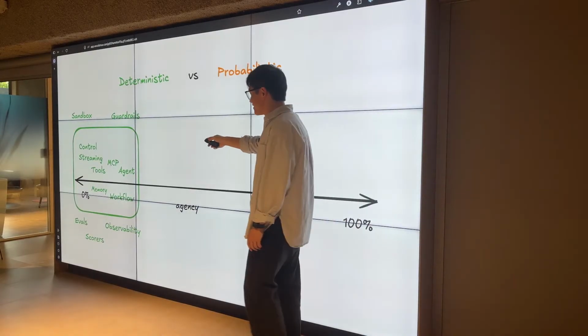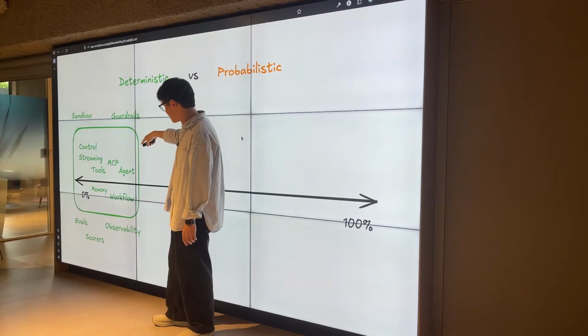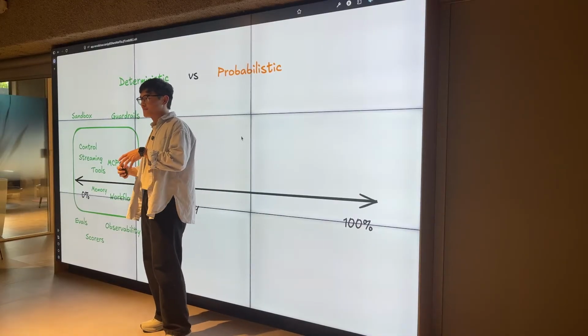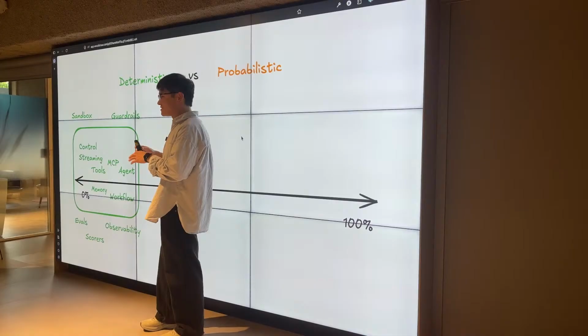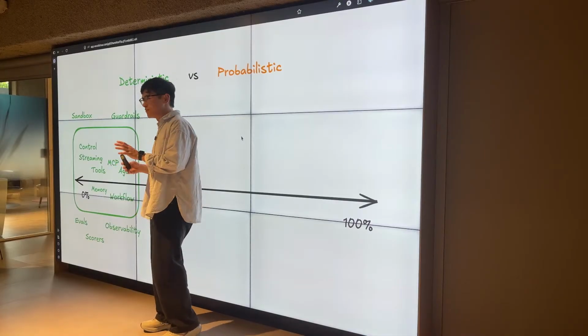Yeah. But the primitives I've talked about, agent, workflow, they do something, but that's not enough because we still have that 20% randomness.